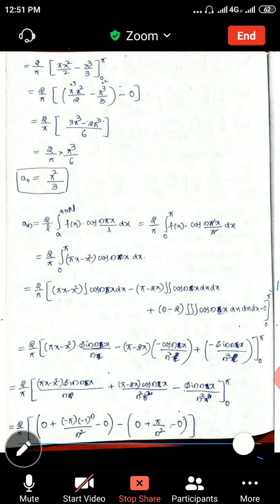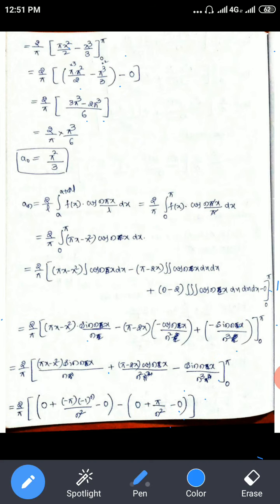Yes, sir. Okay. While writing, one more request: this term I have missed. The next term should come here. Somehow it is getting 0, the remaining is not at all affected. As a sine function is there, it is not affected. So just write plus minus minus 2 here. Instead of plus, you write this minus 2 into sine of nx divided by n cube.